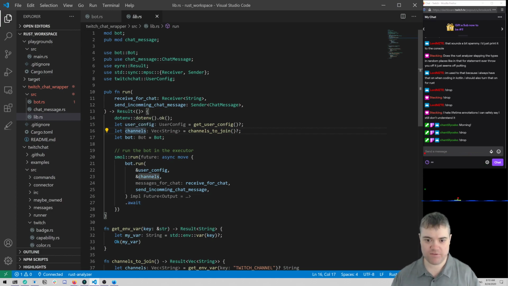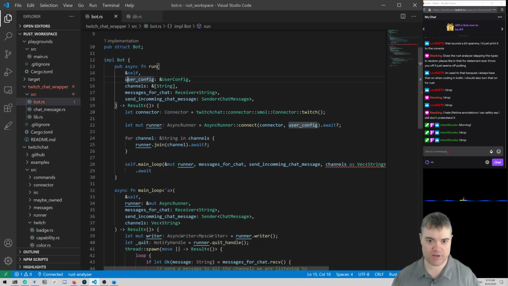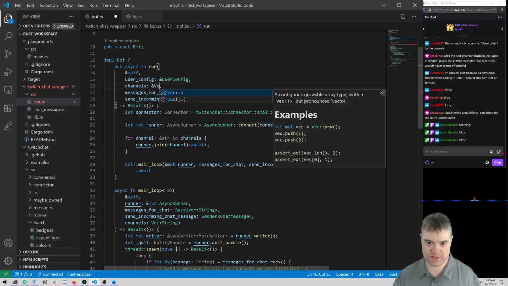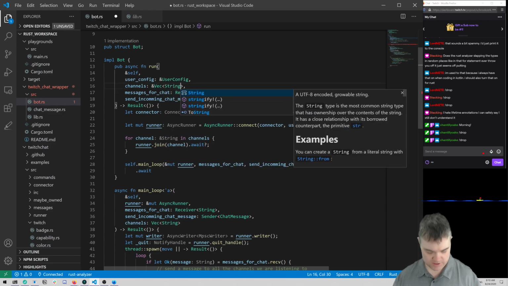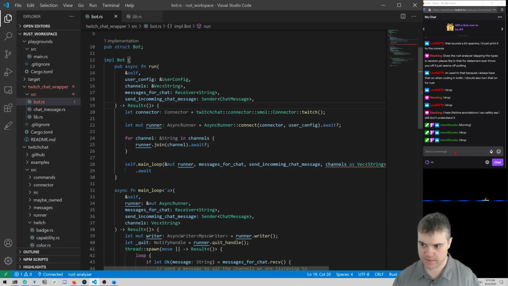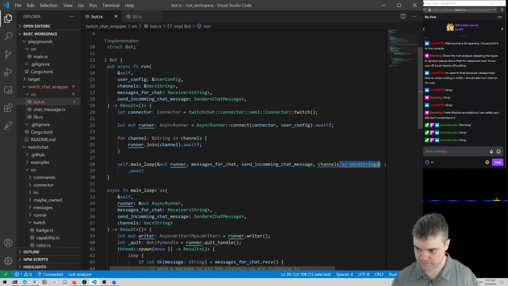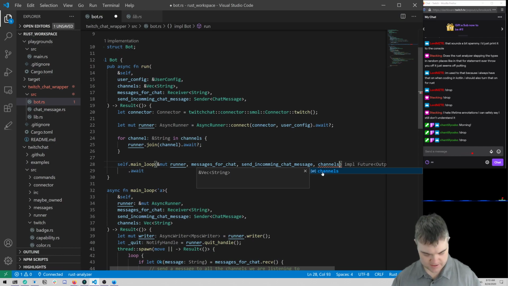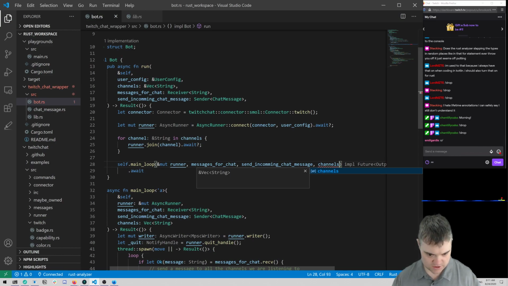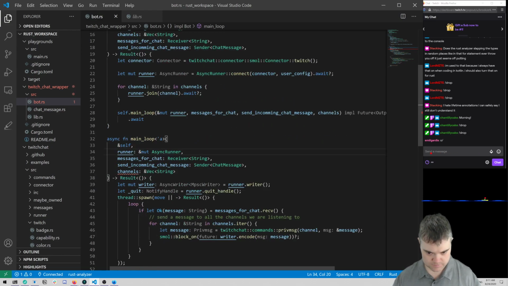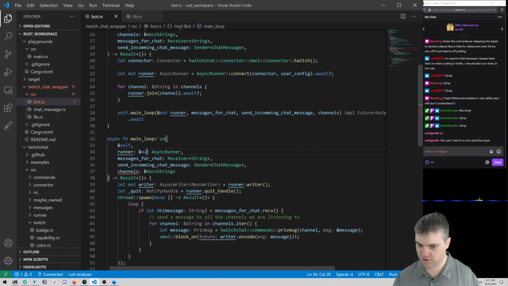It's a reference to the vector of strings. Let's come down here and change you to channels is a reference to a vec of string. Let's say we go back to here. Channels is a reference to a vector with string. And then we just use you as normal.